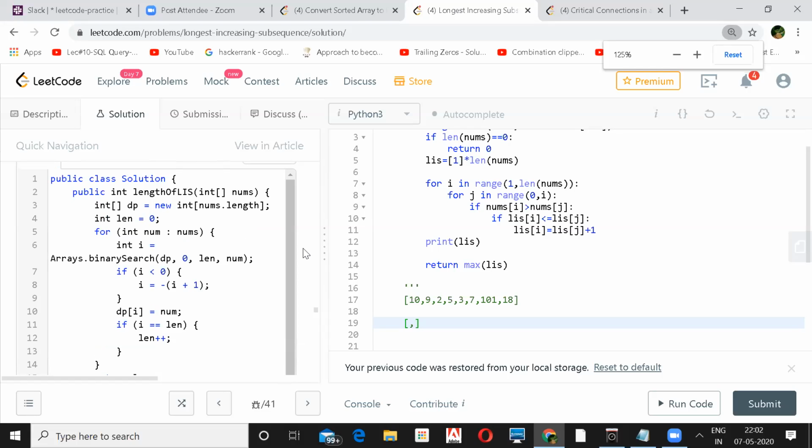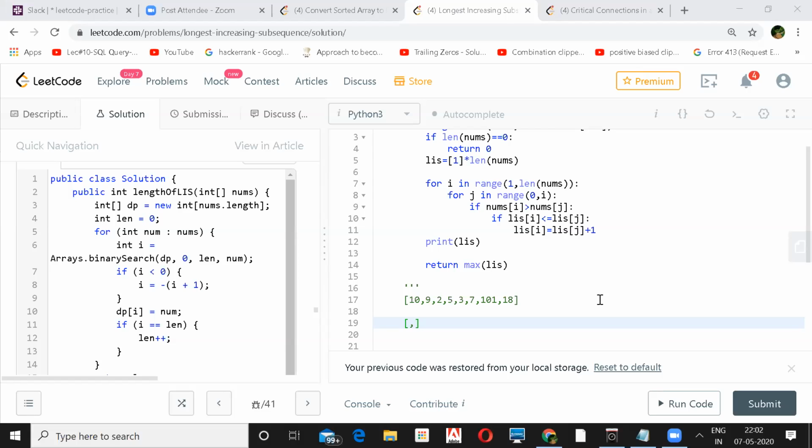There's a good document on GeeksforGeeks. I've shared it in the chat. It's a huge description. They have explained really well using this binary search. I think you should share it in Slack because it will be gone the moment the Zoom stops. Okay, I'll do it. You create a thread corresponding to the question and share it there. I shared it. Okay, good.